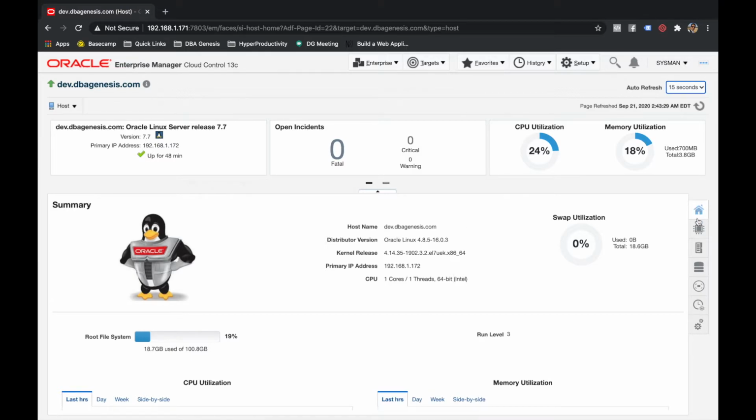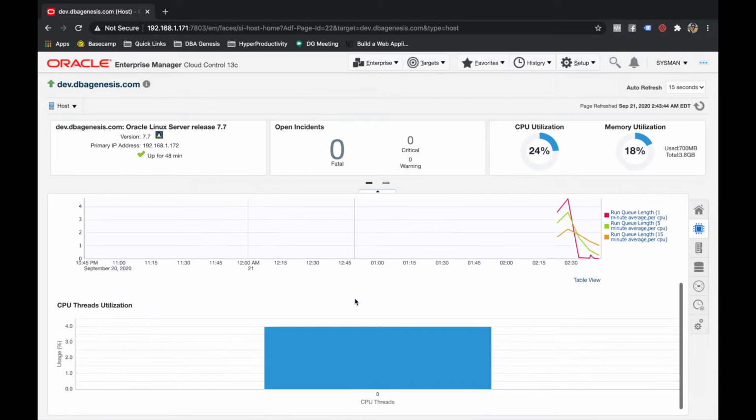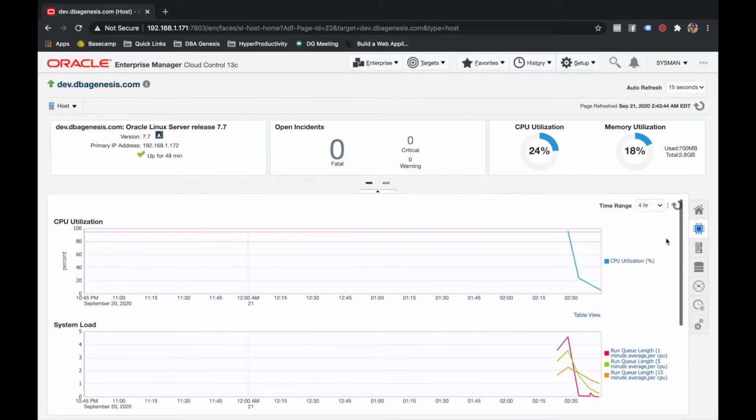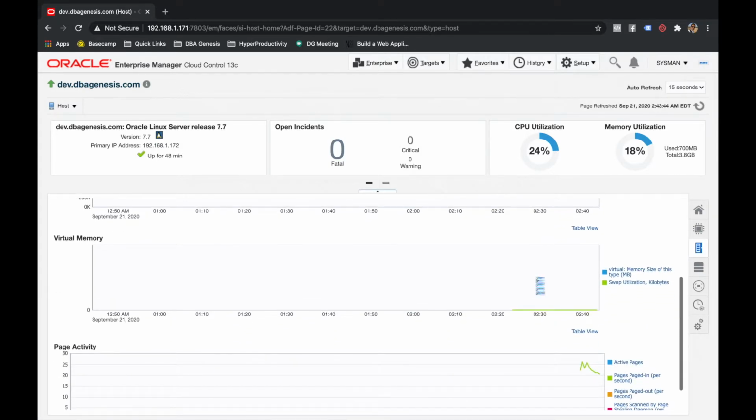Also guys, on this right hand side you will see once again in-depth details. So if you click on this button, this will give you the details about the CPU. So what is the CPU utilization, what is the system load, what is the CPU threads utilization, right? The next option will give you details about the memory utilization.